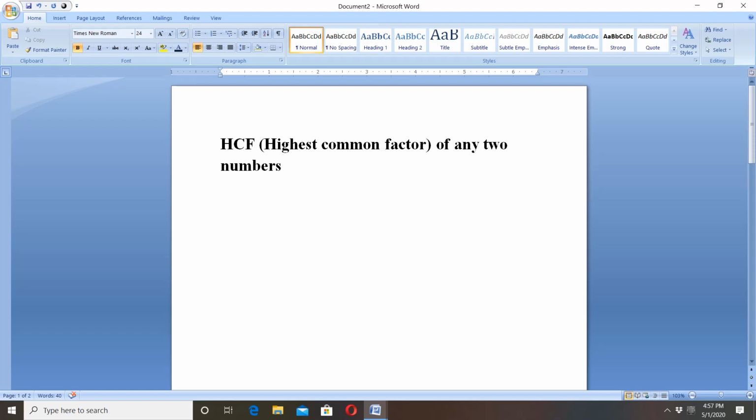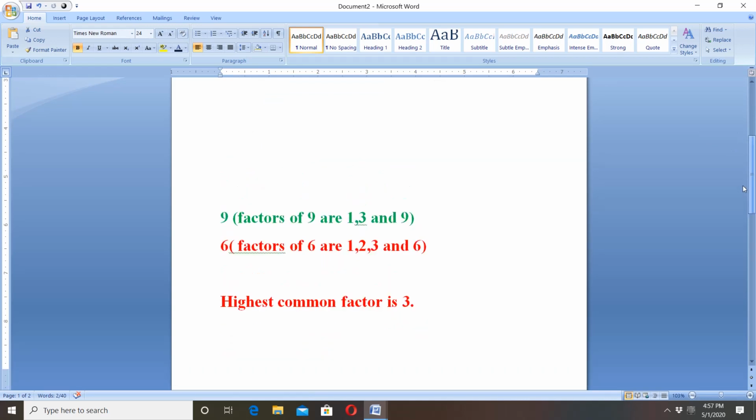Suppose we are given any two numbers. At that time we have to find the common factors of those two numbers, and remember the next thing is that it should be the highest common factor. So among the common factors we have to pick the highest one, and that will be the HCF of the two numbers. For example, suppose we input two different numbers, the first one is 9 and the second one is